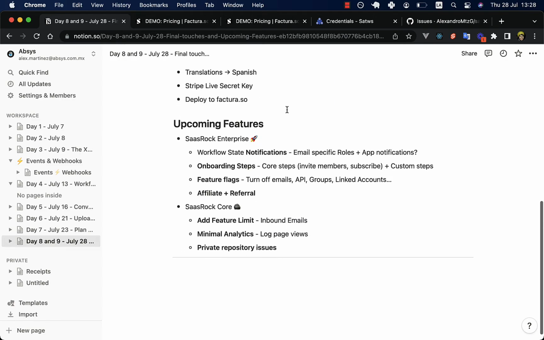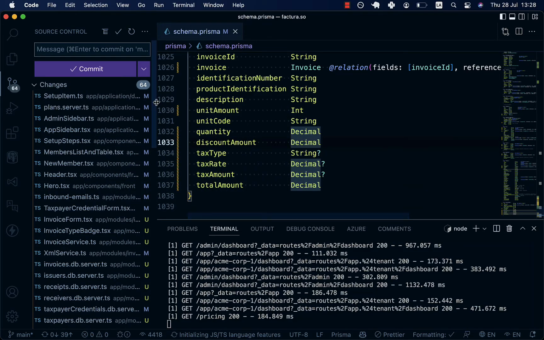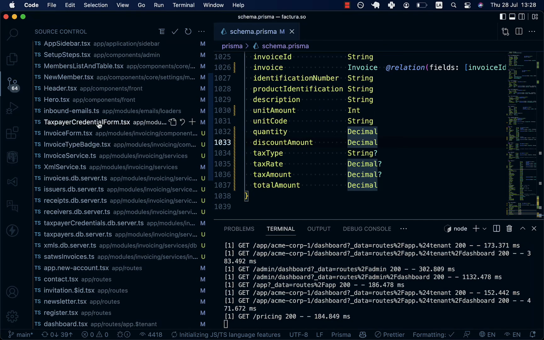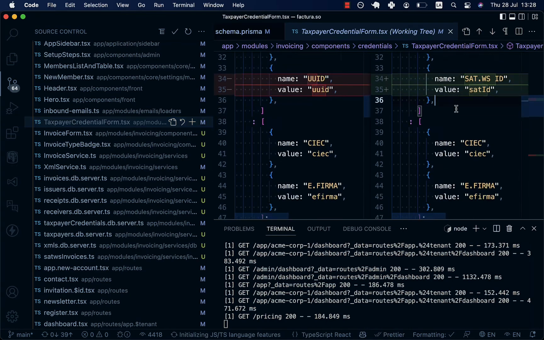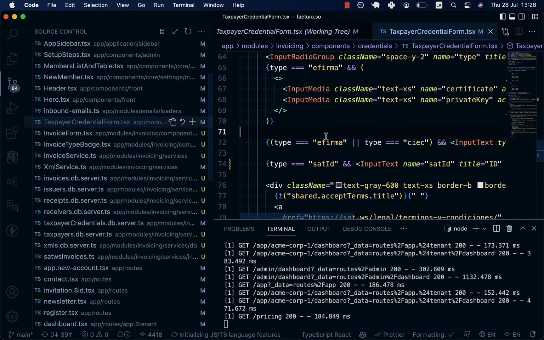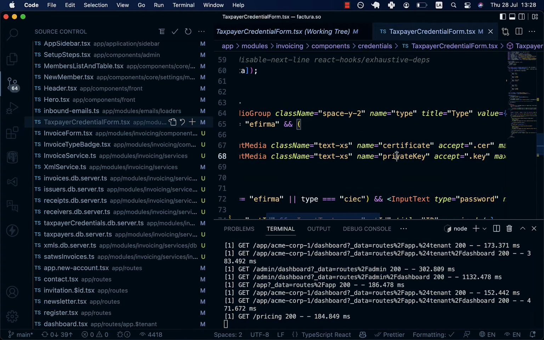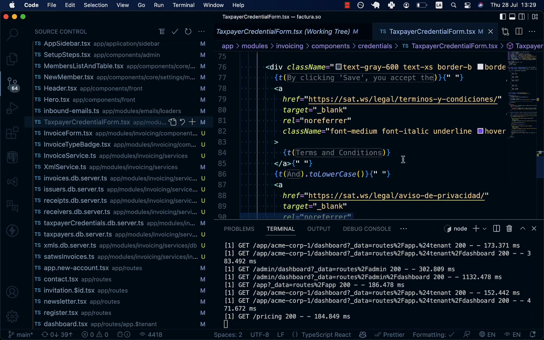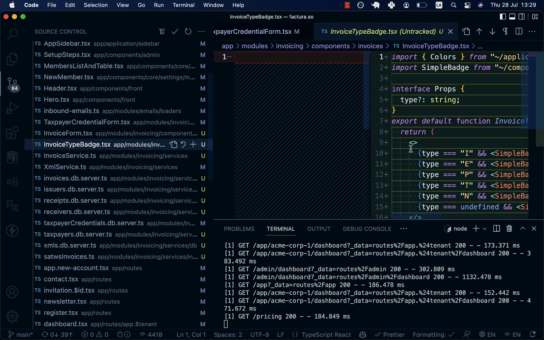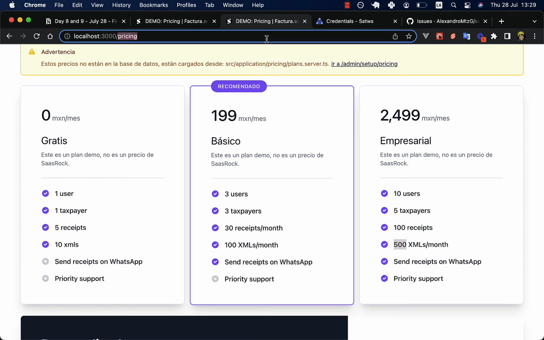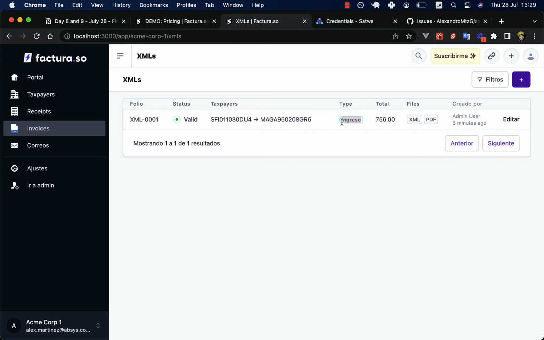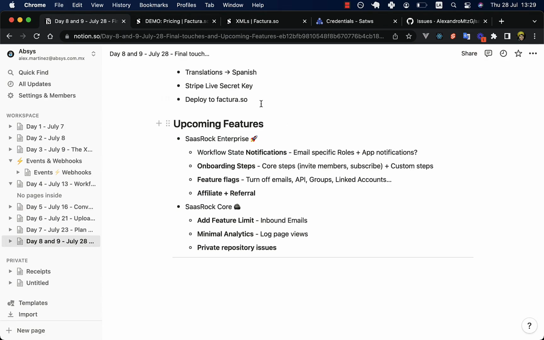And just a final note, this is all the files that changed. For example, tax credential form. I created this custom form for setting up the certificate and my private key and my password, and what else? Invoice type batch, like this one, like this one. This is an income, but could be an outcome,